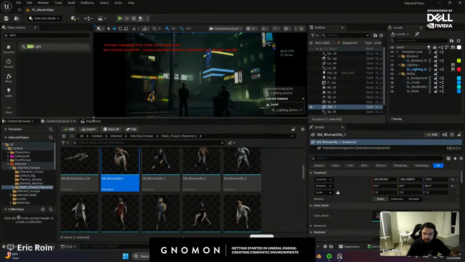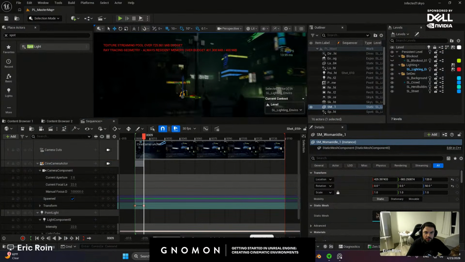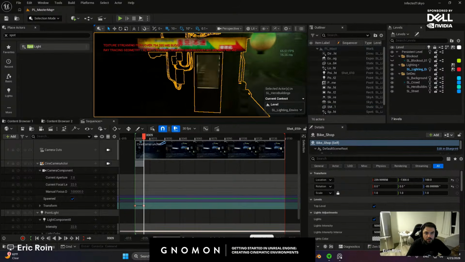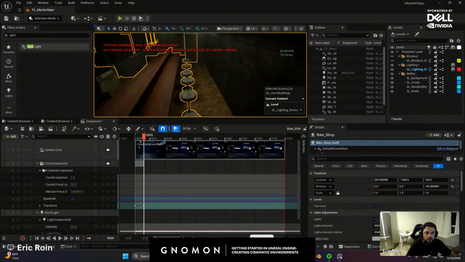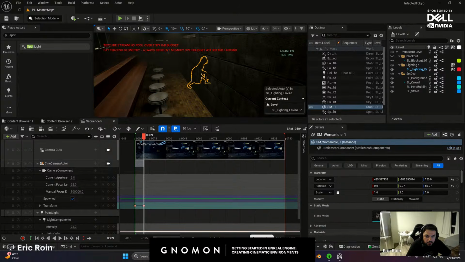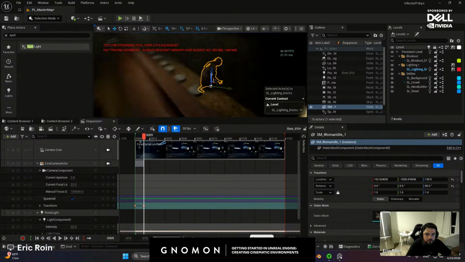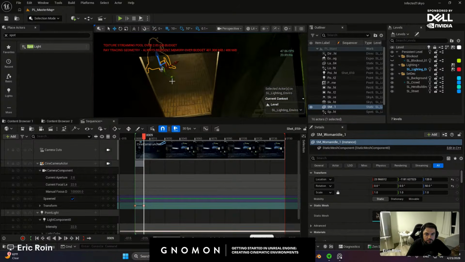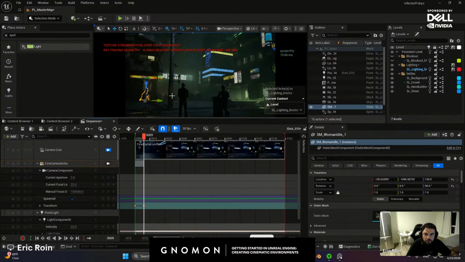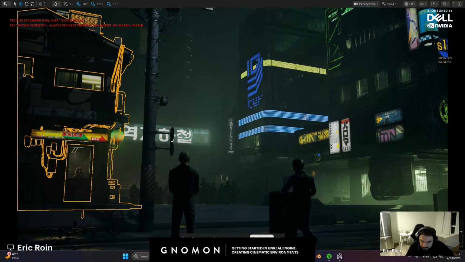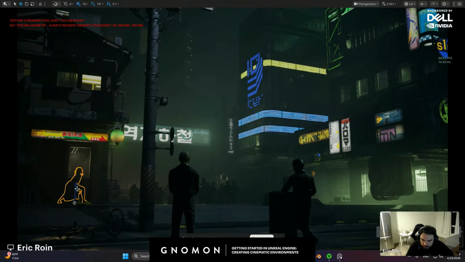Let's exit out from the sequencer just so we can look at it. Where'd this lady go? Okay, there she is. Now I'm just gonna kind of cheat her location, something like that.